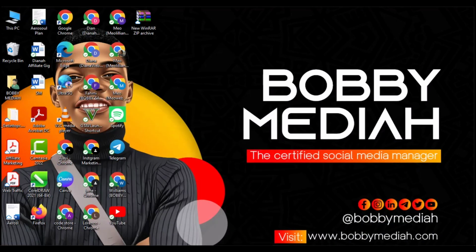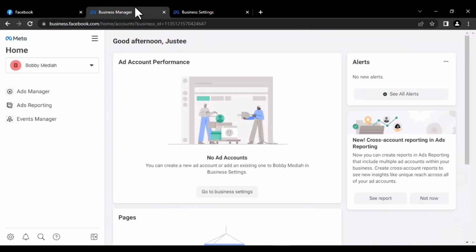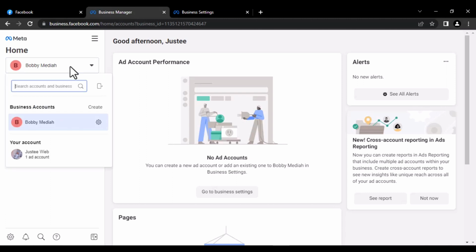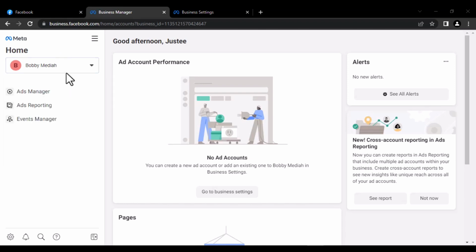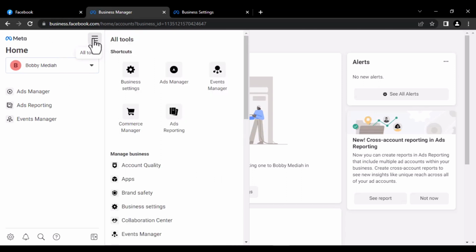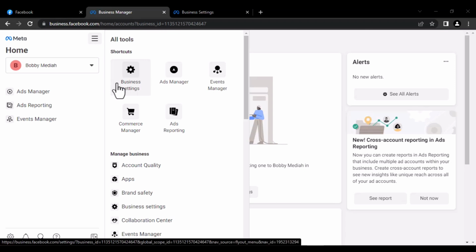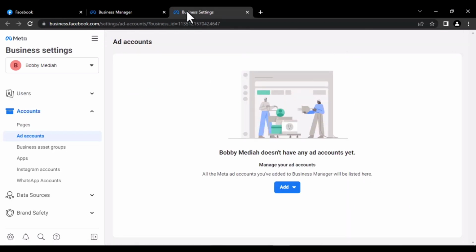So here's the step on how to do it. Firstly, we need to go to your business account. The link is business.facebook.com and then it will direct you to your business account. And once you've reached here, the next thing you have to do is go to your business settings. So you click on the business tools at the top here, and then you click on business settings. Once you click on the business settings, it will direct you to this page where you will have the access to create an ads account for your business.